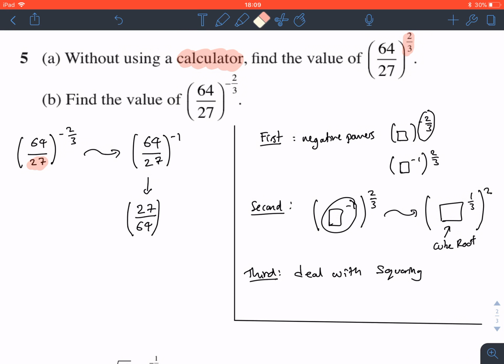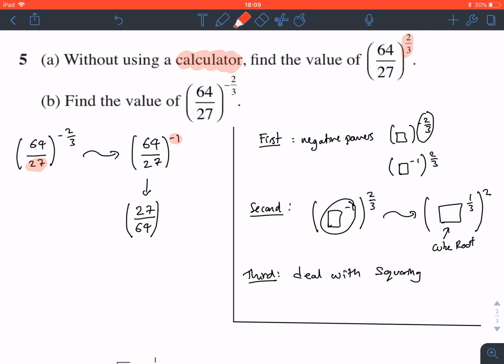All that's happened is, after I've dealt with the minus 1, this negative number disappears and we're still left with 2/3. At this stage, we go back to our operations two and three. The second thing we have to do is deal with the cube rooting, so we can get rid of the denominator 3 of the power. So what is the cube root now? Let's do it a little bit longer: the cube root of 27 over 64